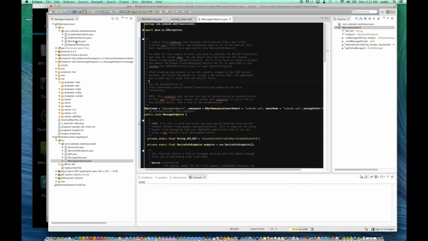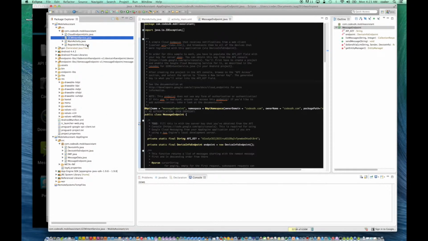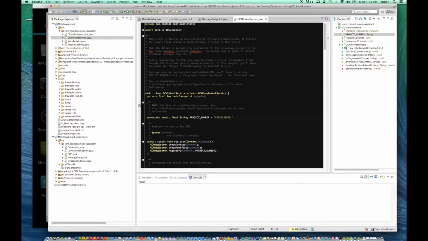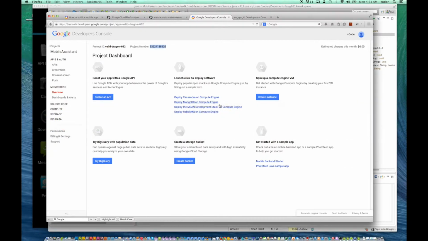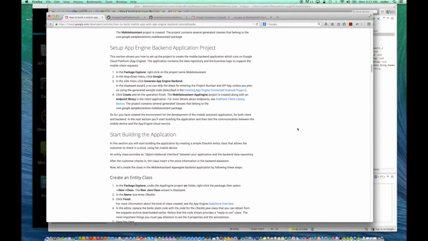And in the client application in GCM intent service is where the project number should be listed. So once those two are correctly set up, we can go on to the next step, which is building the